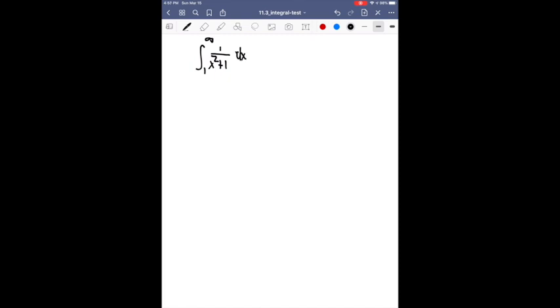And if this improper integral converges, our series converges. If this improper integral diverges, then our series diverges as well. So in this case, we're just going to go ahead and take this improper integral. So the first thing we do